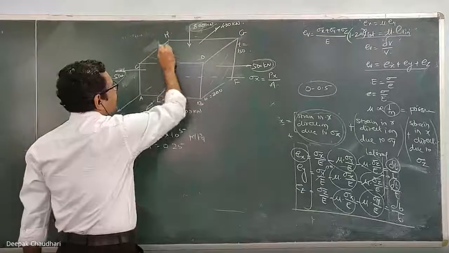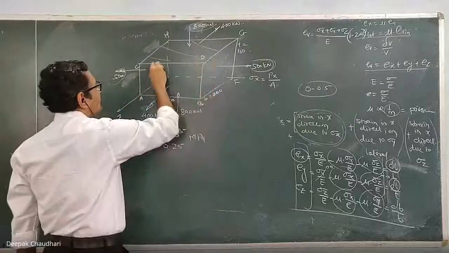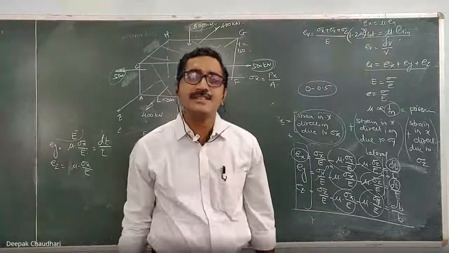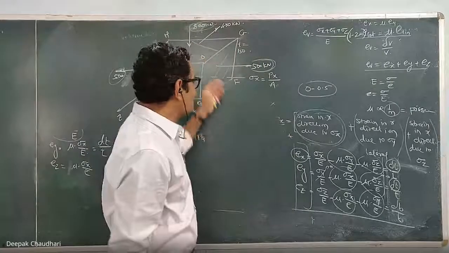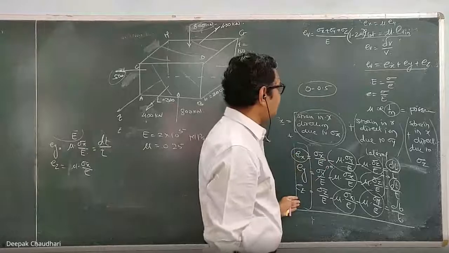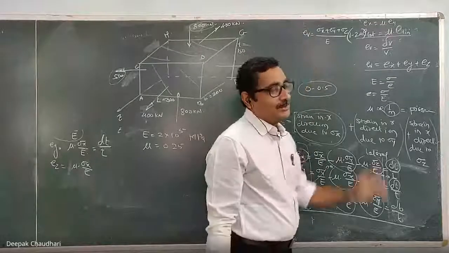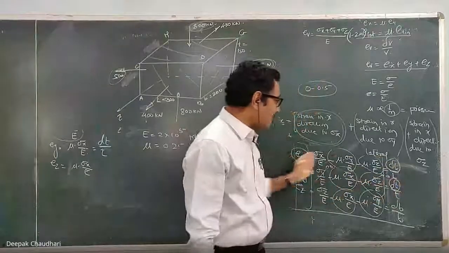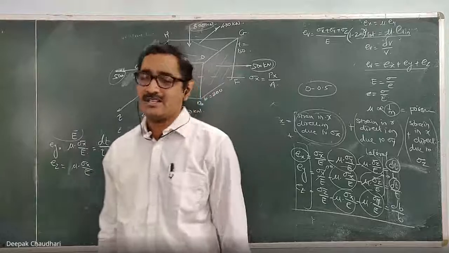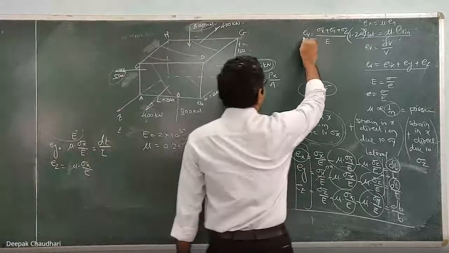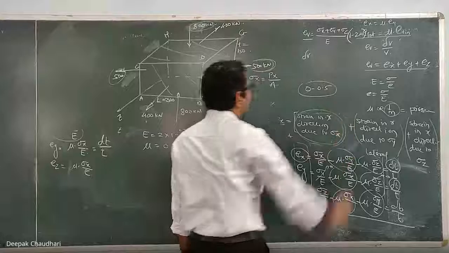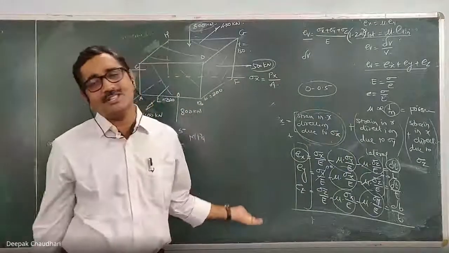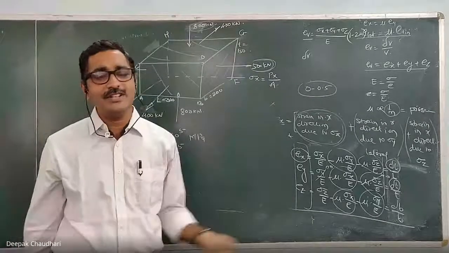Similarly, for this 800 force this is the resisting area, and for this 400 kilonewton force this is the resisting area. With the help of the force and the resisting area, first find the stress, and use that stress here to calculate the strain in the x, y and z directions and the volumetric strain. Once you get the strains, you can calculate the change in length, breadth and thickness, and with the volumetric strain you can calculate the change in volume. I hope this is a simple question, where you just put in the values and get the answer.